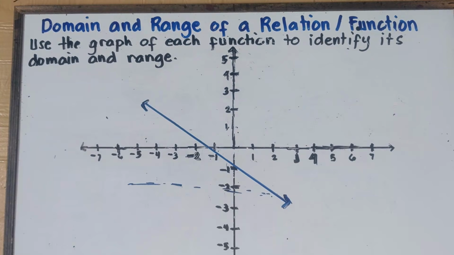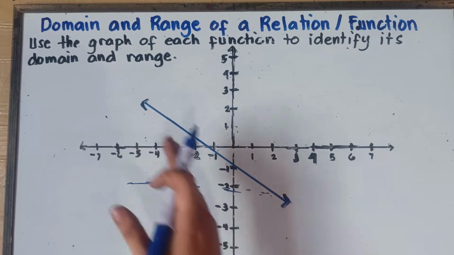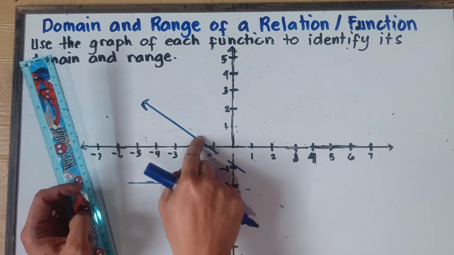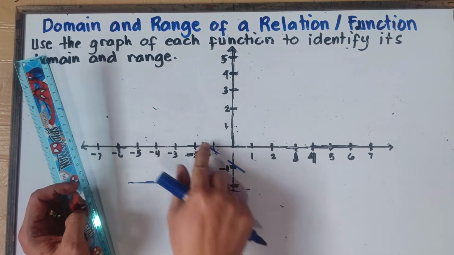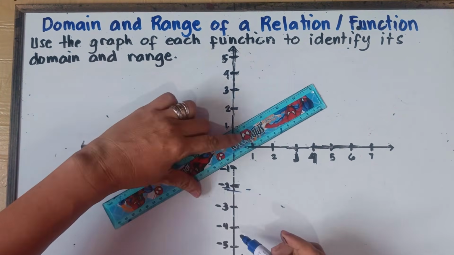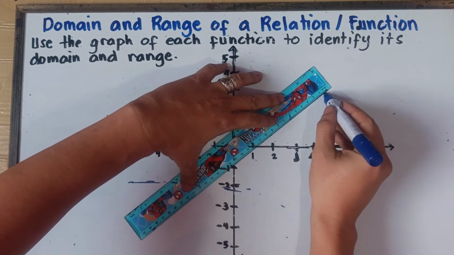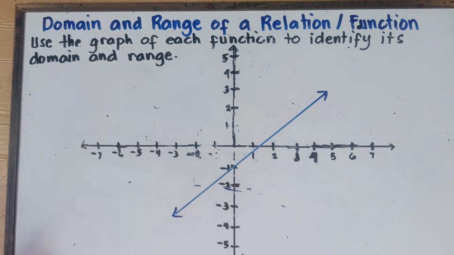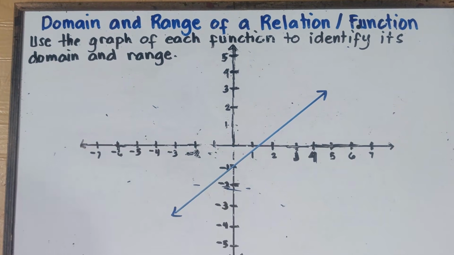If you have given example like this, you have this given diagonal, it is slanted, class. It's either left or right. Example, you have this line. Let's draw another illustration, class. You have a diagonal. And then you have 2 arrows. What will be the domain and then the range? Automatic, class. If you have a diagonal, it is slanted. It's either left or right. Automatic, your domain and then your range will be all real numbers.